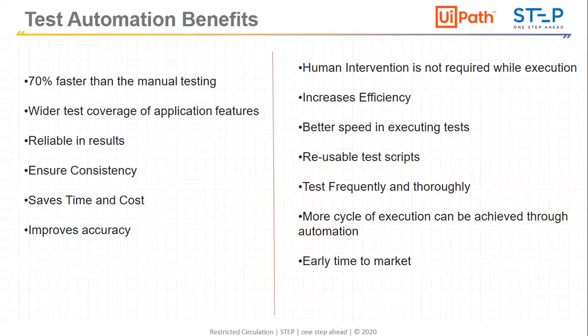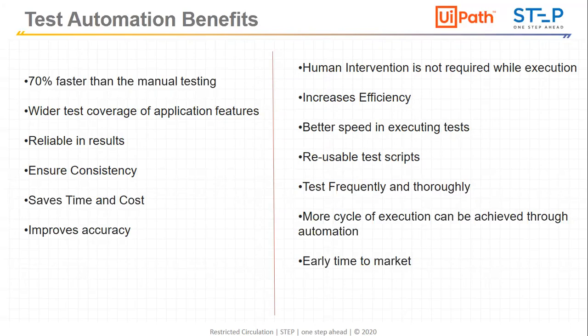So these are the test automation benefits. It improves accuracy, and it is 70% faster than manual testing, definitely, though we need to create the script first, and then it will give that 70%. The test coverage will be wider, so one test case can be run 10 times, 100 times, 1000 times, or 1 lakh times, it doesn't matter, because we just need to put the test data in that Excel and push it to the robot. So test coverage will be more, with different types of test data and multiple combinations.